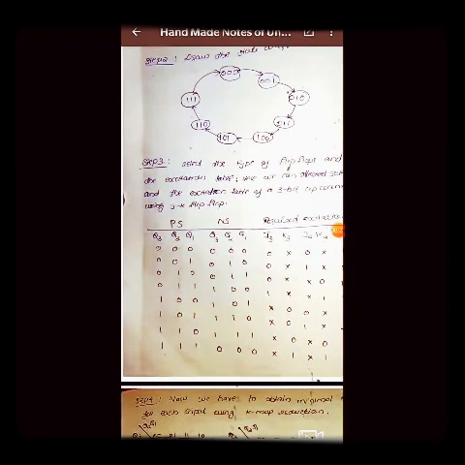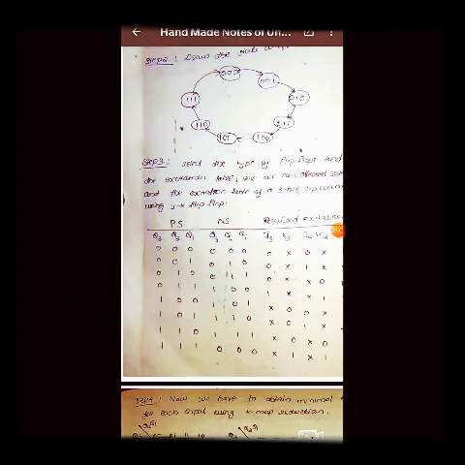So when we talk about the present state, we need to actually do the counting. We need to write all the countings from 0, 0, 0 to 1, 1, 1 in the present state. And in the NS, the next state, you need to write those numbers which come after the present state. It means there is a mistake that in the first line in the next state it should be 0, 0, 1 instead of 0, 0, 0. So in the first line, the present state value is 0, 0, 0, so the next state should be 0, 0, 1.